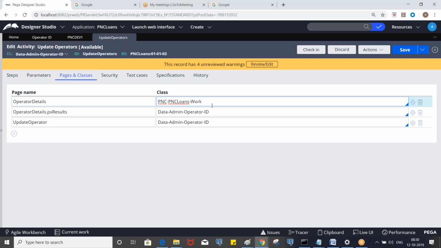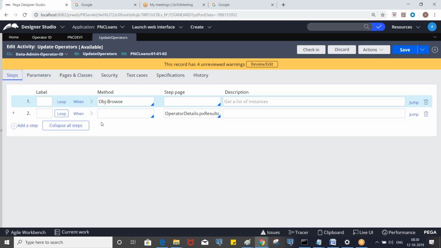Whenever you use OBJ browse, the defined page will be created by referring to the code pega list, so you specify that only. Sometimes, let's say you are not using OBJ browse, but you still need to define page list related things, then you need to put the appropriate class. It can be different from code pega list. You will understand this when you practice more.